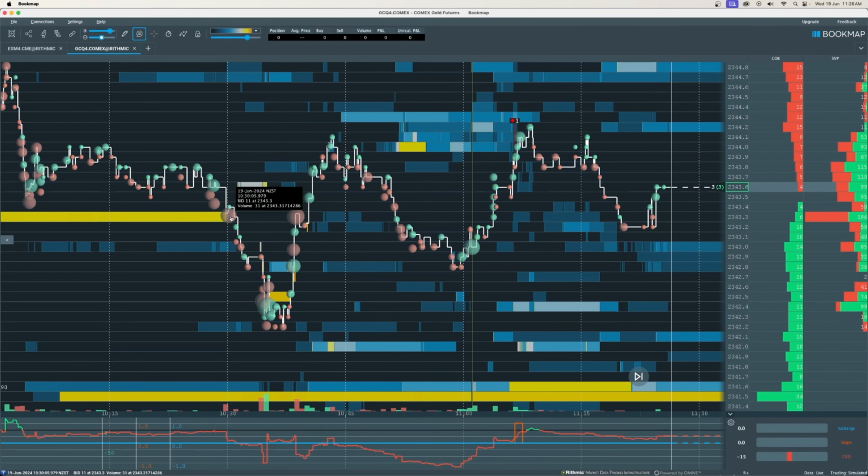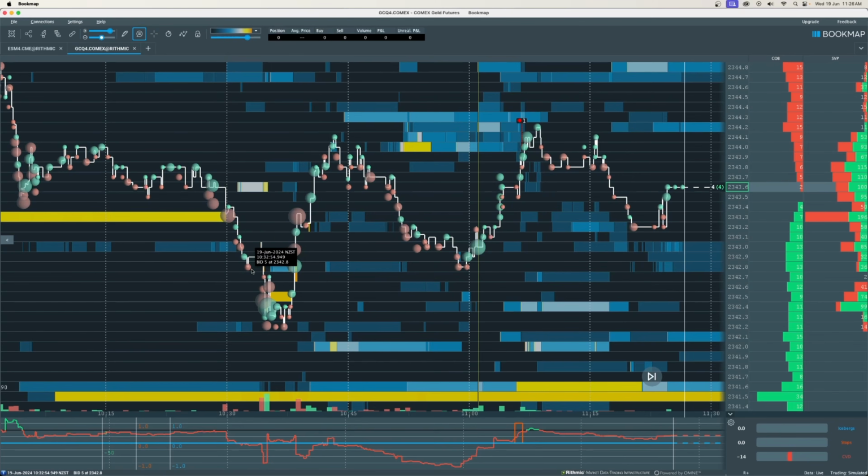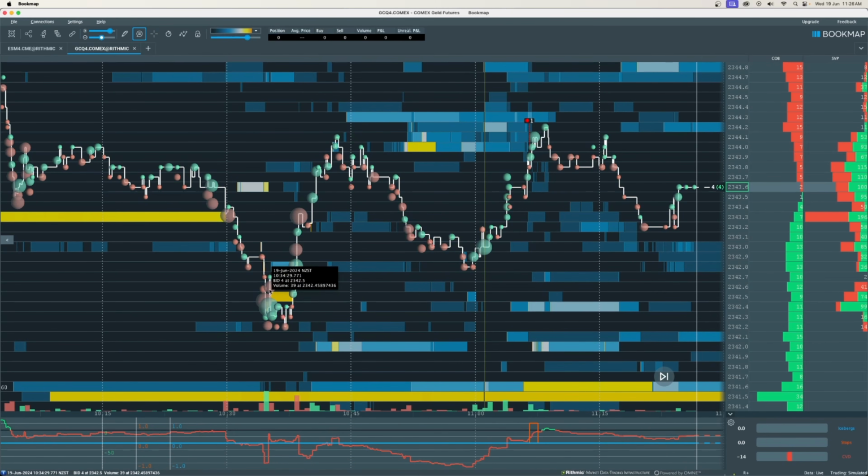And vice versa, if we saw a big amount of selling here and we tipped through this high liquidity level, but then we saw larger green bubbles step in, well, then it might be a sweep in reverse. So you can see these things by judging the volume from the volume dots, how buyers and sellers are behaving at each level. We move down here, we got a lot of selling step in here,